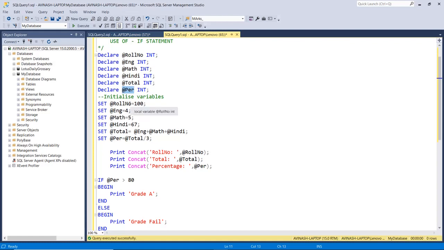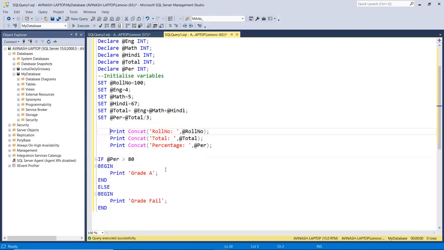I have assigned some initial values to these variables, and in total I am assigning the total of the English, Hindi, math subjects. Then for the percentage, the total is divided by 3. Then we have the print statement: roll number, total, and percentage.